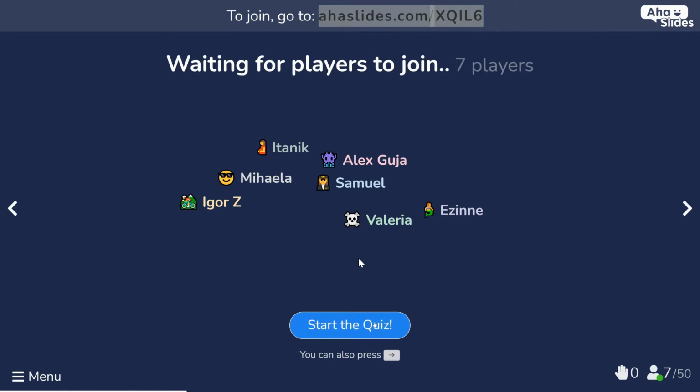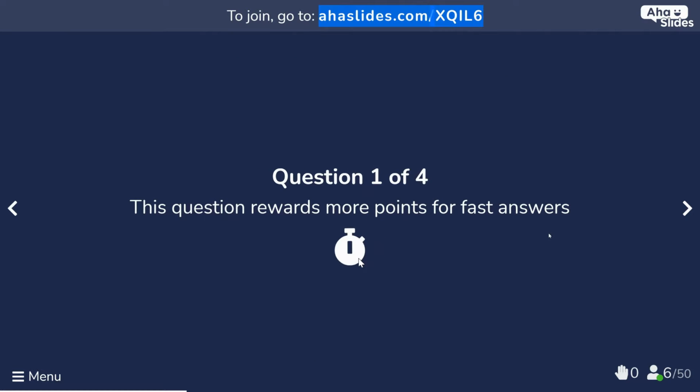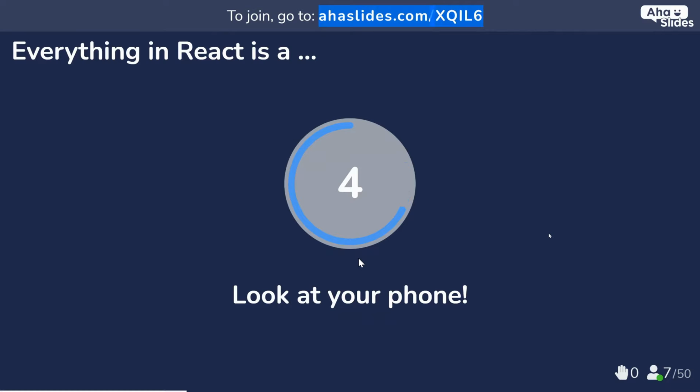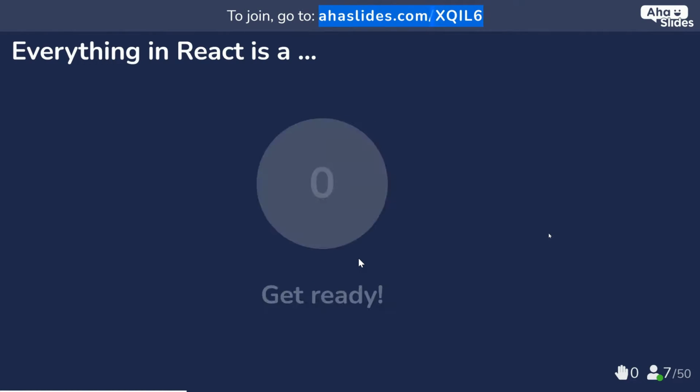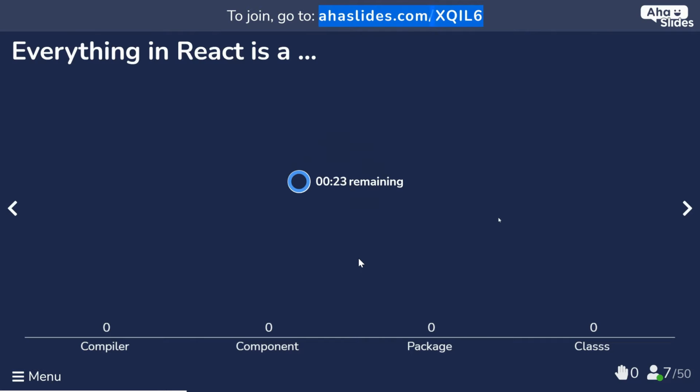I'm going to start the quiz. So 4 questions. A bit of theory questions on React. So everything in React is a: compiler, component, package, class.